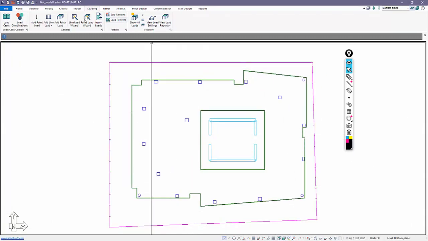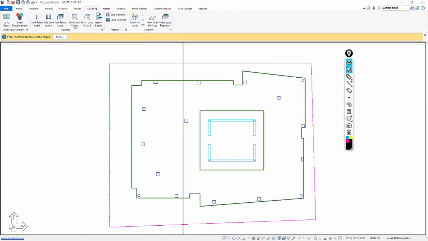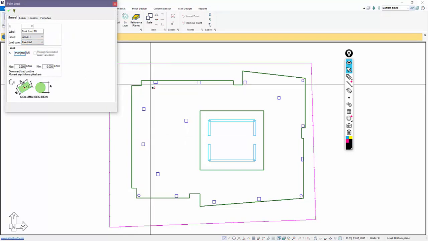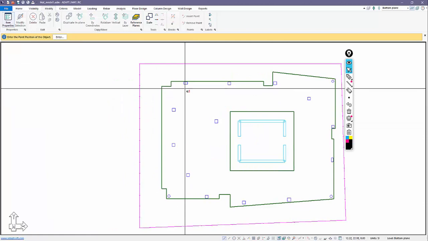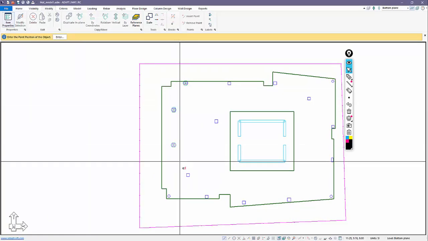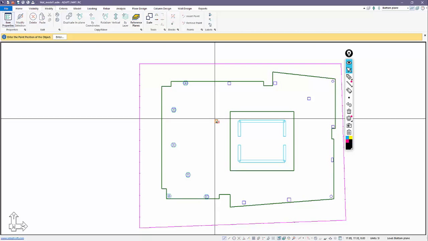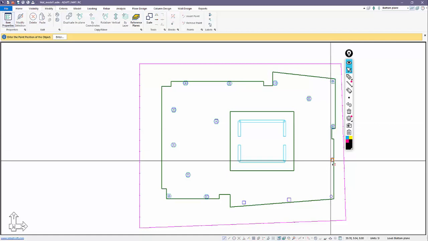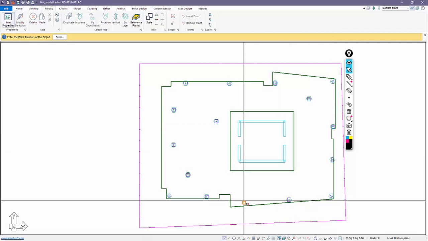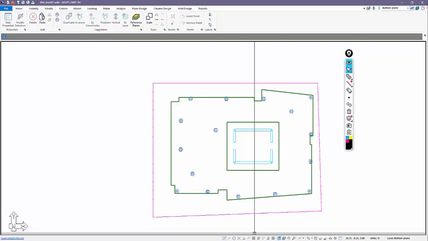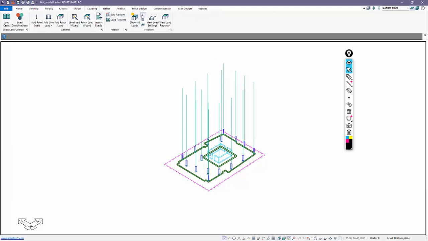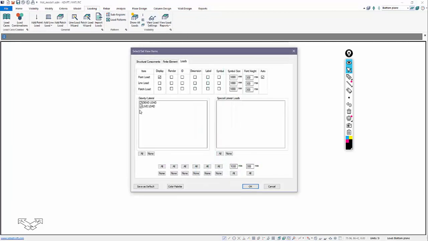We'll go back. I'm going to now add the point loads for the live load. So we're going to go back to modify properties. I'll select live load, and here we're going to say this is 1500 kilonewtons. And again, we'll assign that to each of the columns. Okay, I'll escape out, and now I have my live loads. If I go back to loading display, I can turn on all point loads, or I could isolate one of the two, dead or live.